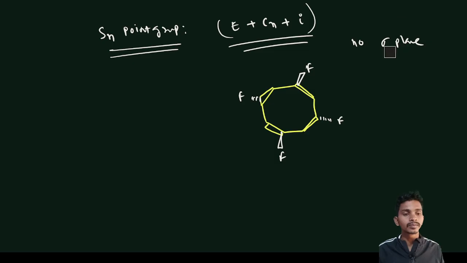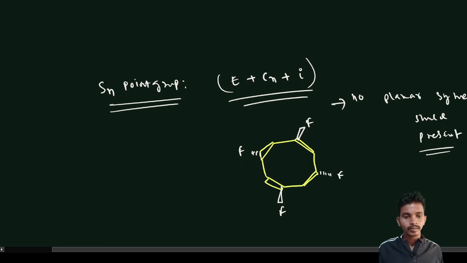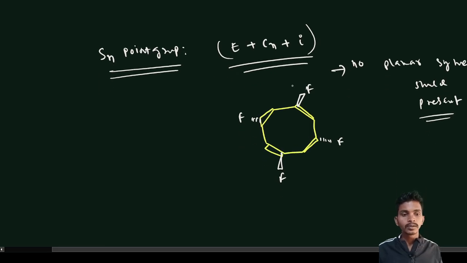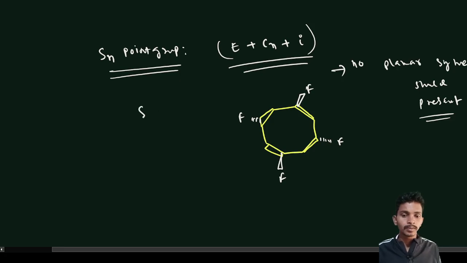So no planar symmetry should be present. So this is the example of the S2n point groups, and the elements are E,